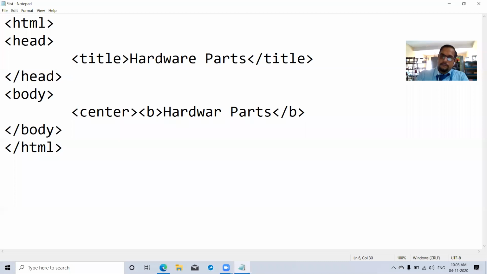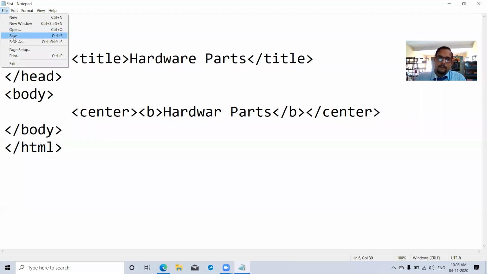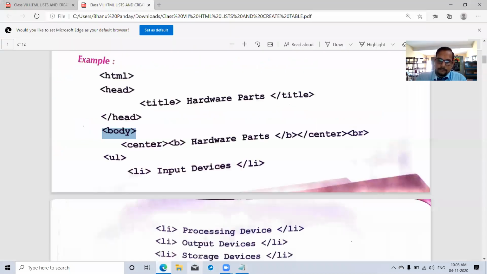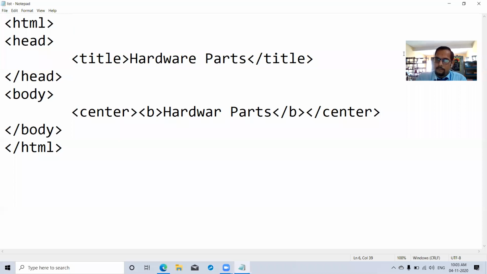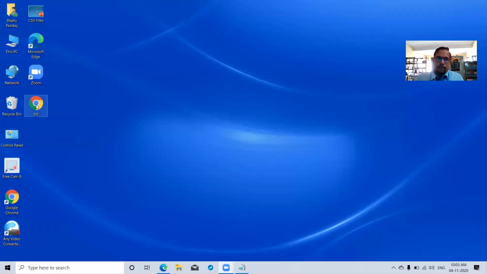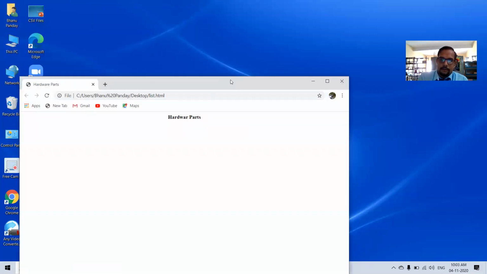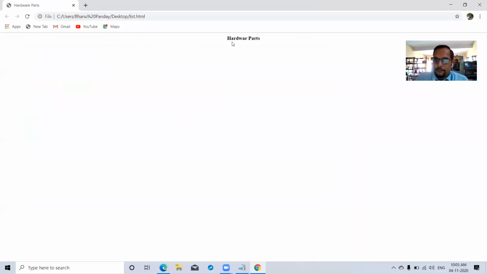The closing B tag is optional, either you write it or don't write it, it will accept. But this time I am writing it, so it will not generate any error. Then save your file, click on the Save button, and open your web page. Now see, hardware parts appears at the center of the web page and in bold.